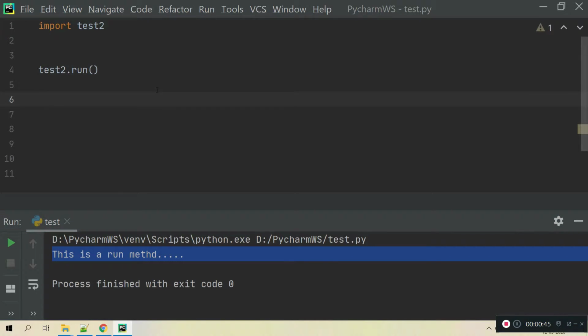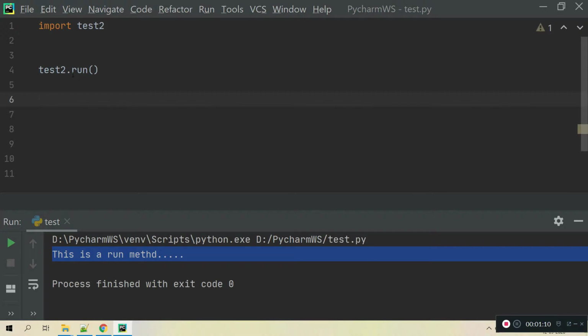Monkey patching is nothing but changing the behavior of a method, function or object in Python dynamically. Without touching the function inside, I'm going to change the behavior of the run method. That is monkey patching.